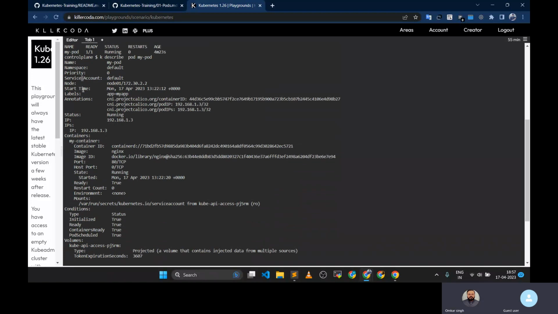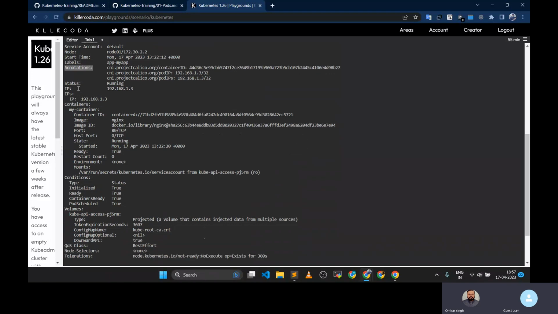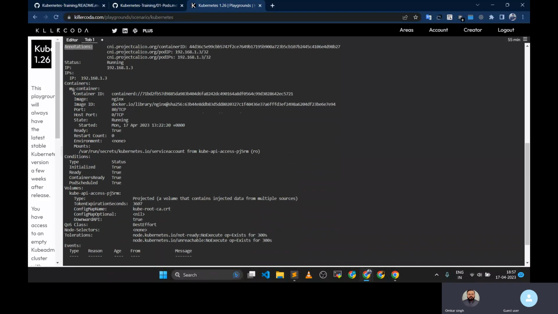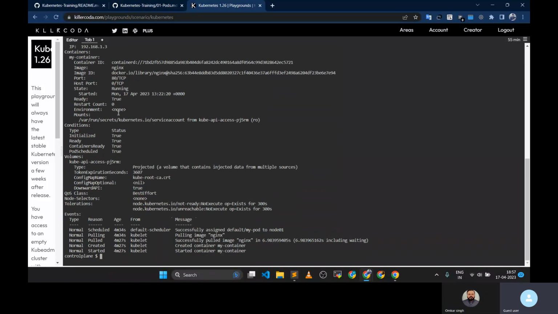What time is it created? What is the label of the pod? What are the annotations on the pod? Okay, what is the status of the pod? What is the IP of the pod? Okay, and the container information. Which image it is using, all those things will be given to us when we use the kubectl describe